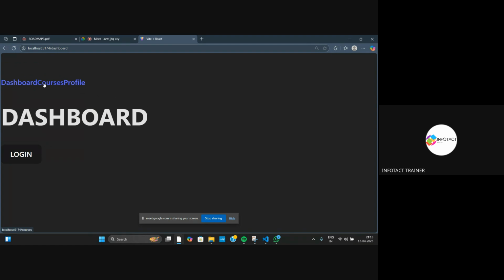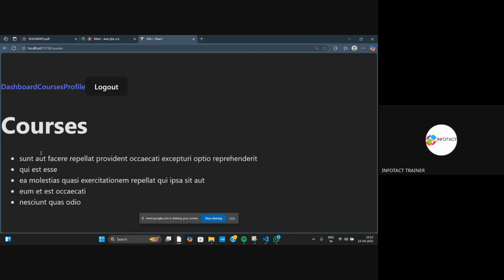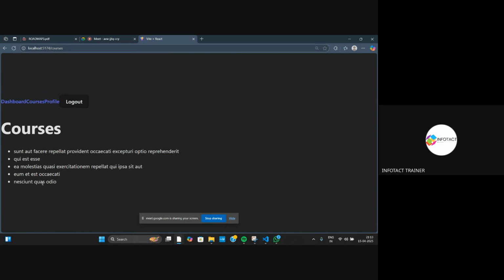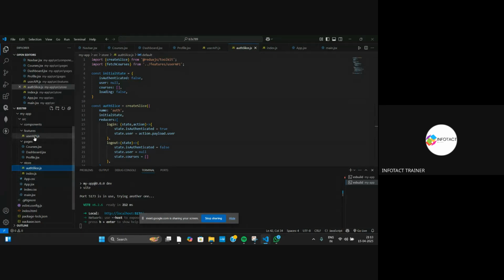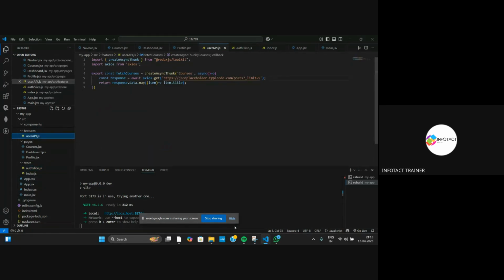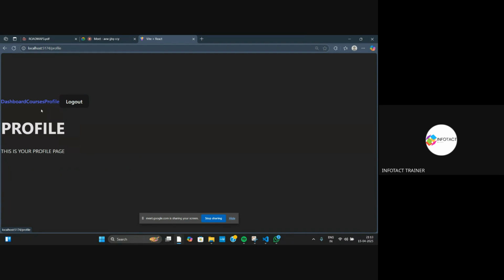But if I click on courses, I'm not able to get redirected to the courses. So when I click on the login button, I'll go to my courses. See, inside the loading, I'm getting all my course contents that I have imported from the API that I have mentioned over here. From this API, I'm getting this entire content. And now inside the profile, I'm getting this is your profile page. And once I click on this logout button,